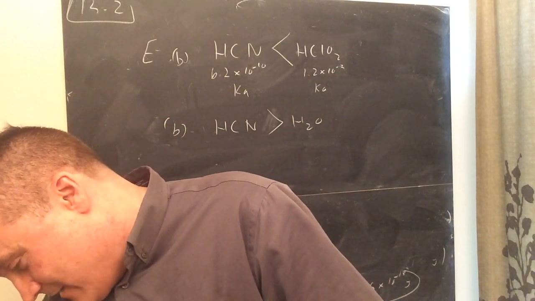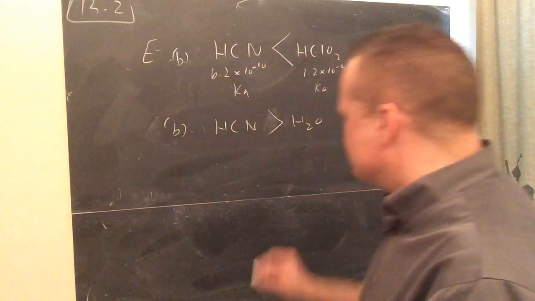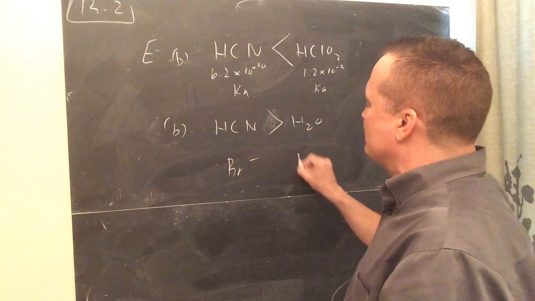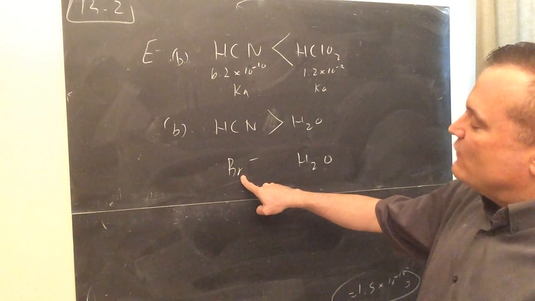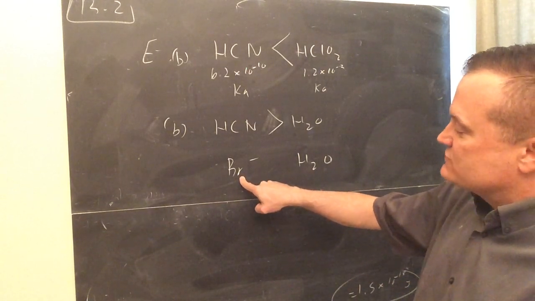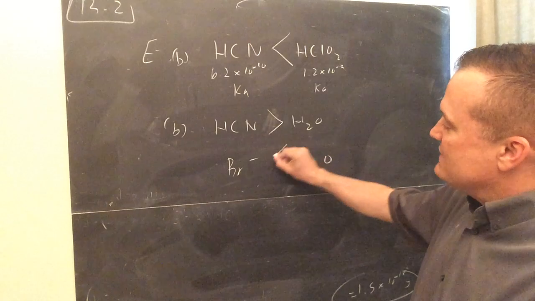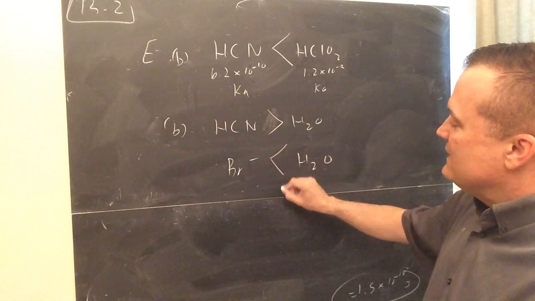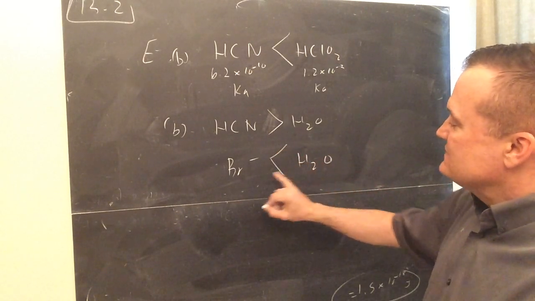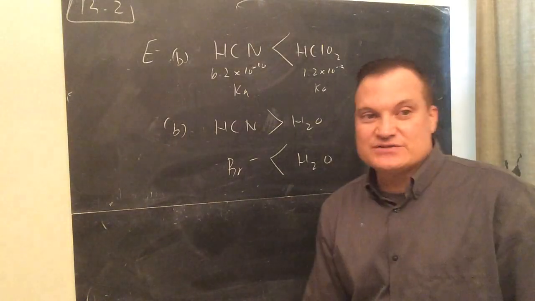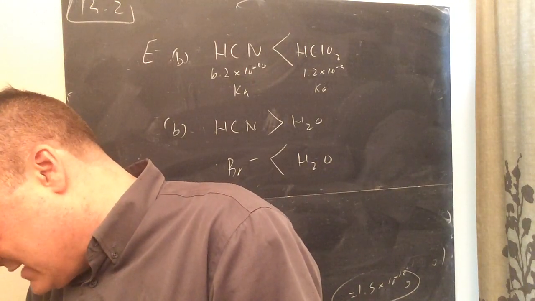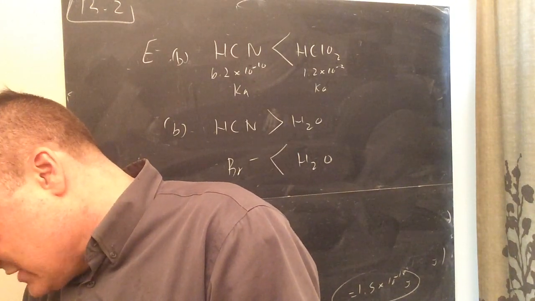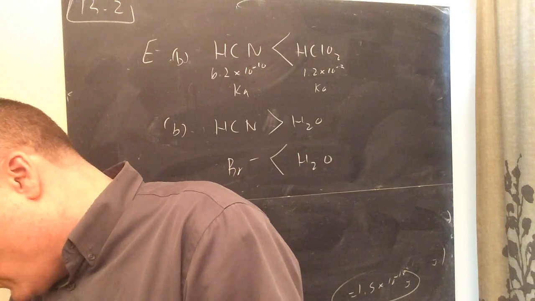Okay, now, Br negative or H2O. For that one, Br negative is the conjugate of a strong acid. So that means that water will be a stronger base than the conjugate of a strong acid, because HBr is a strong acid. Okay, now it says, based on the data given, letter F, arrange the following in order of